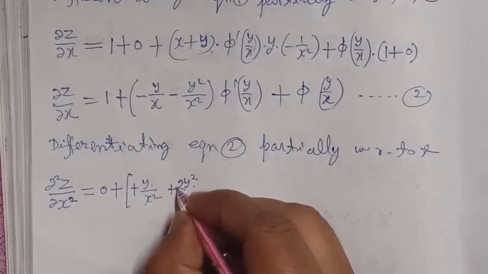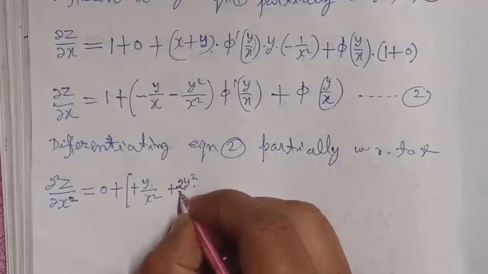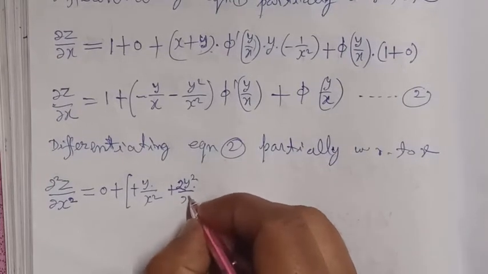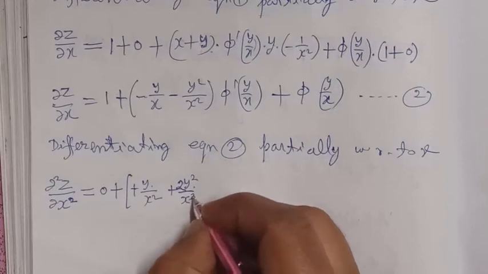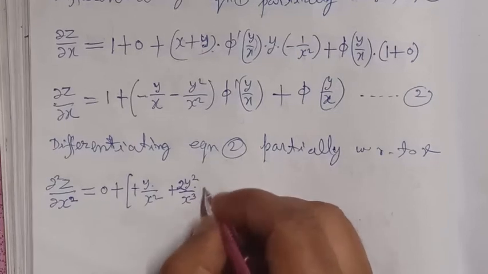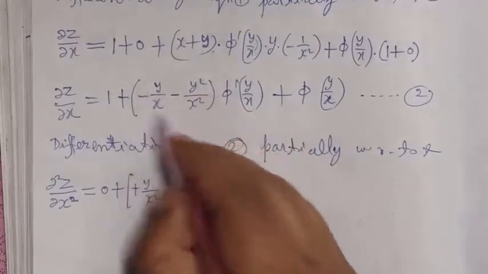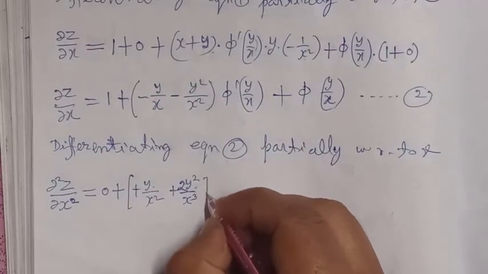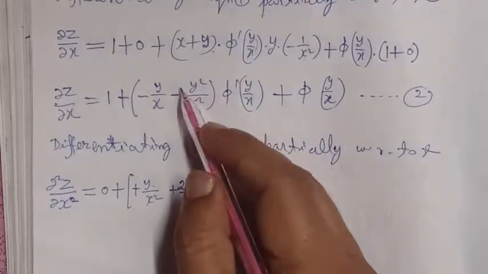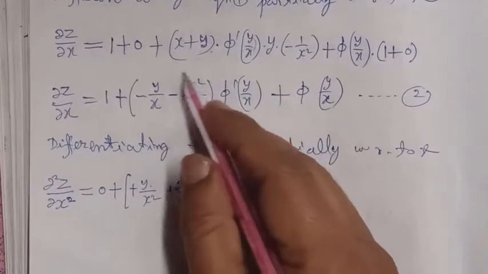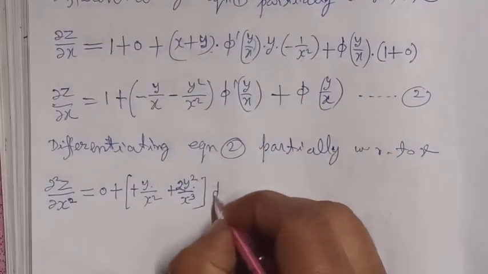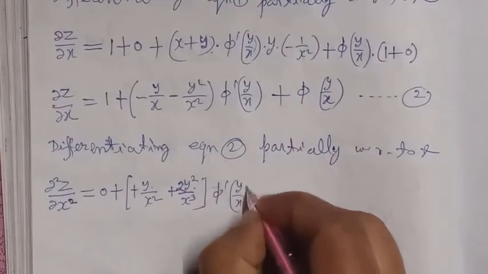If we want to change it into positive power, we take it to the denominator, so the power of x becomes x to the power plus 3. This is the differentiation of this value with respect to x, and we consider this the first function and this the second function. First function: differentiation of the first function, and write the second function as it is without any change, plus